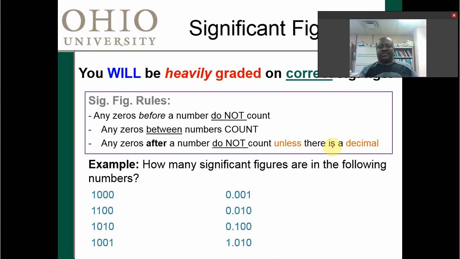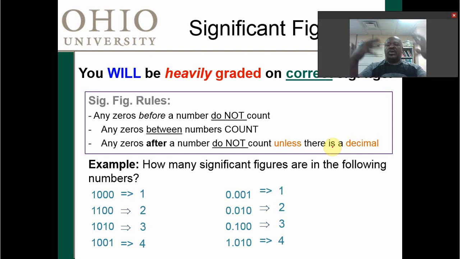Anyway, significant figures. Let me remind you how we make measurements. Generally, the rule of thumb is you stretch the measurement system such that the last digit being reported is estimated. And then once you do so, all the values that you've recorded are significant. So you've heard about significant figures. For example, the problem of the zeros. The 1,000 is actually one significant figure. Then when you go to 101, because the numbers are embedded, then it becomes 4 significant figures. Here, that's 1 significant figure, 2, 3, and 4 over there. So know how significant figures are classified, and I'm sure that you guys have done that in your class